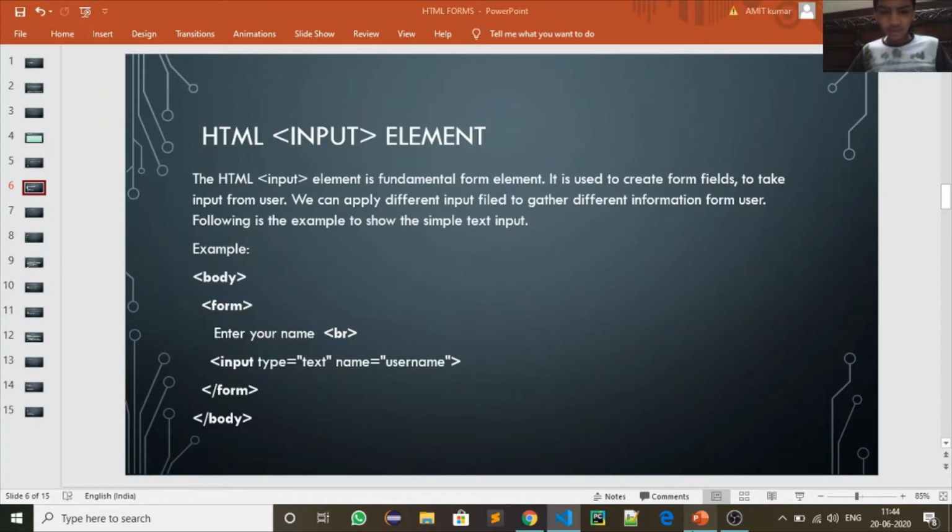Okay, I'm now on the PPT presentation to tell you about the input element. The HTML input element is a fundamental form element. It is used to create form fields to take input from the user. We can apply different input fields to gather different information from the user. Following is the example to show a simple text input. So here is an example. In the form element we have put